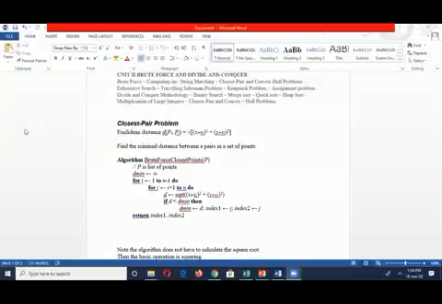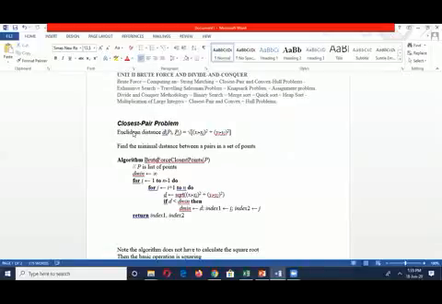Okay, so first we will see a bit about what is closest pair problem and convex hull problem. So first of all, closest pair, you can see on my screen now. Closest pair problem is used to find the Euclidean distance. Okay, so what is the Euclidean distance? We have seen this with tangent and normal. So finding the distance between 2 points. Analytical geometry we already studied in +2. So how to find the distance? Square root of (x2 minus x1) square plus (y2 minus y1) square. So that is to find out the minimal distance between the set of points.